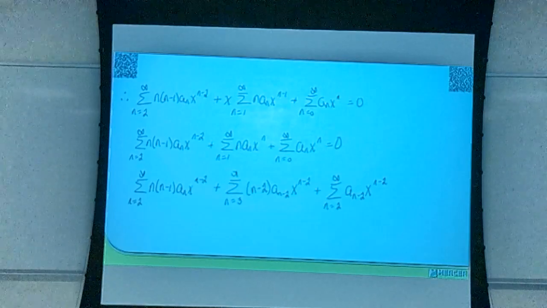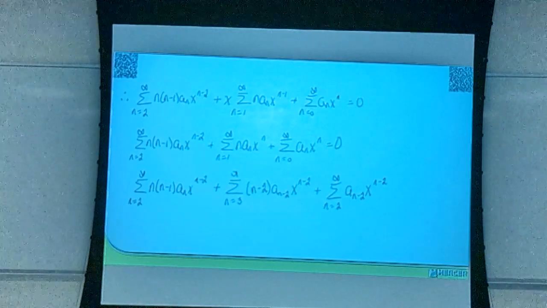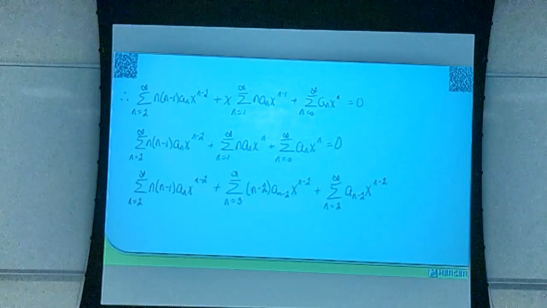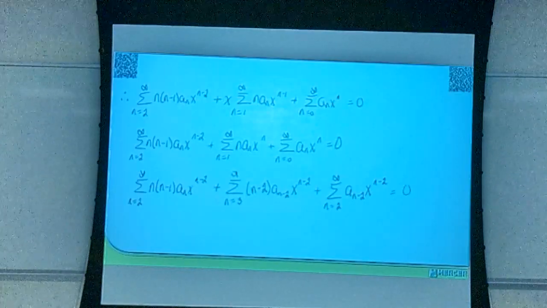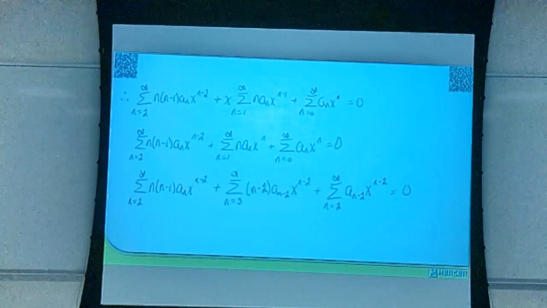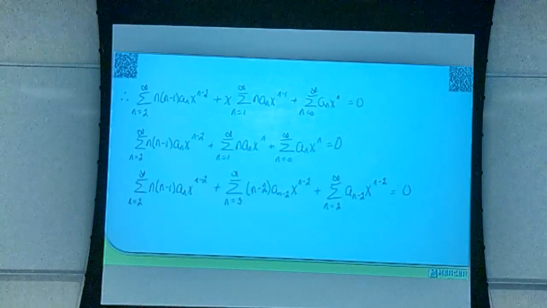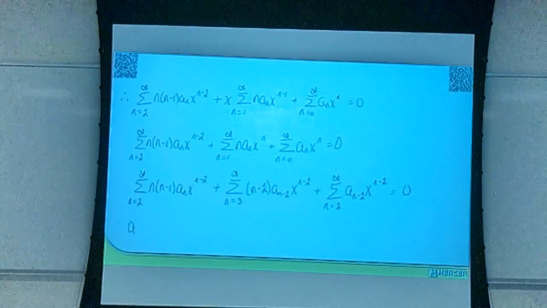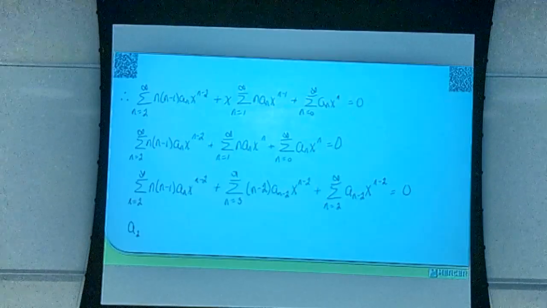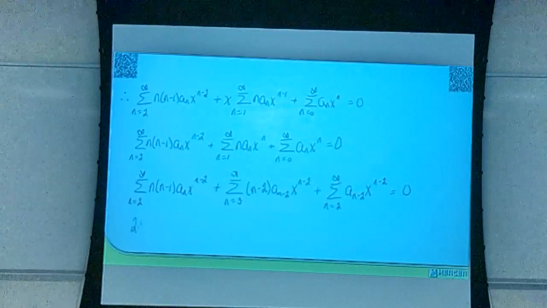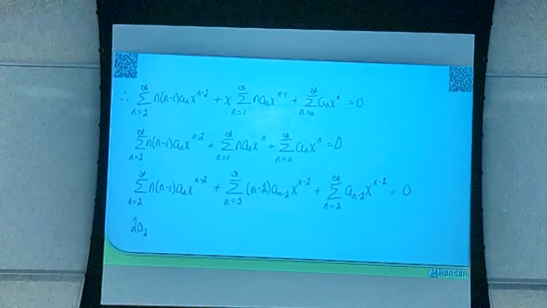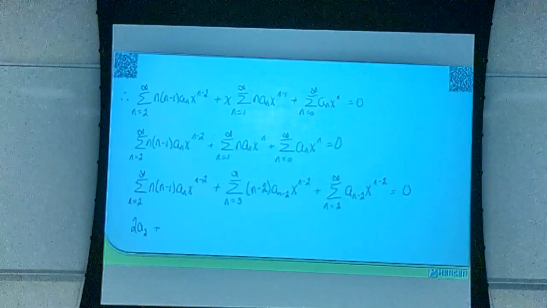Just have to take out the first term of the first sum and of the second sum. That would leave us with what? A sub 2, 2 times a sub 2, right? Plus